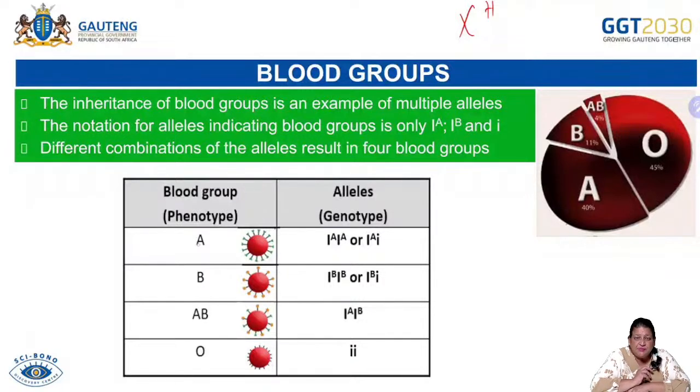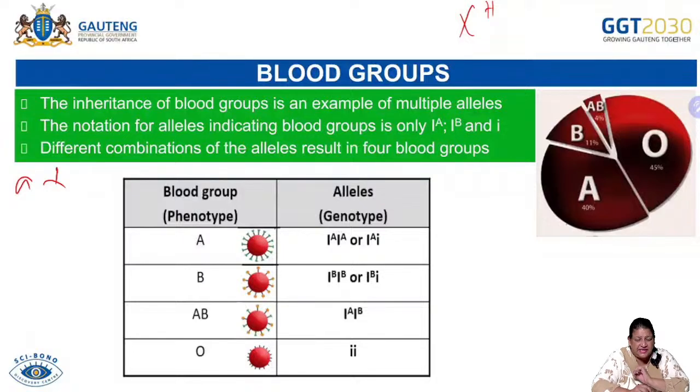But for him to be blood group A, he got one A allele from the mother and one A allele from the father. What else does it tell you? It tells you that capital A means blood group A. It's not because they wanted to write it, it's like that. Capital A can never be written as small a. That's wrong. Blood group A is a dominant group, and because it's dominant, it's always going to be represented